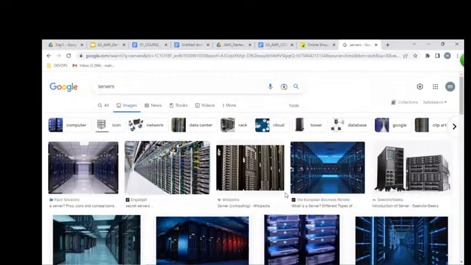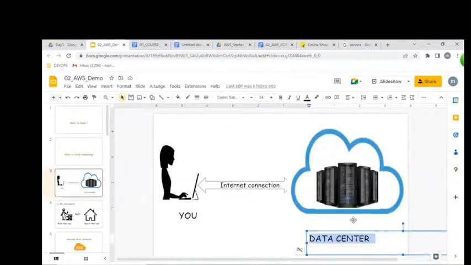We can see them with our eyes, just like we can touch your mobile and see your laptop. From these data centers, if we can access computing power, resources, or infrastructure over the internet from a laptop, that is nothing but cloud computing.